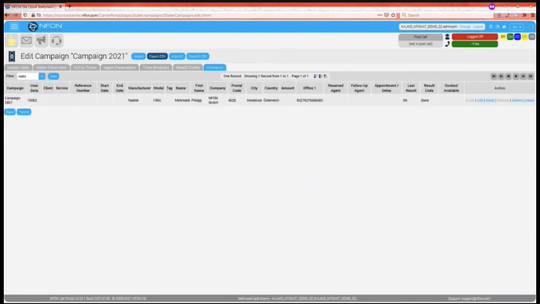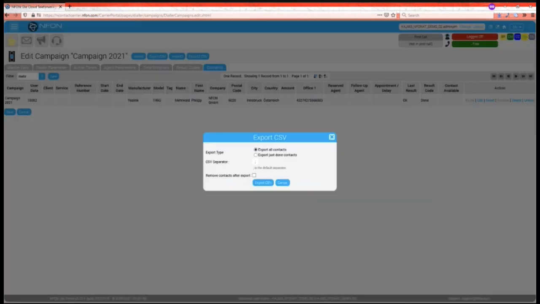Yeah, of course. So usually the easiest thing is to just download it first of all, because you need to know the format and what to fill out. So usually you would start with an export. You can decide which format you would like to use, or, for example, the separator. Now,